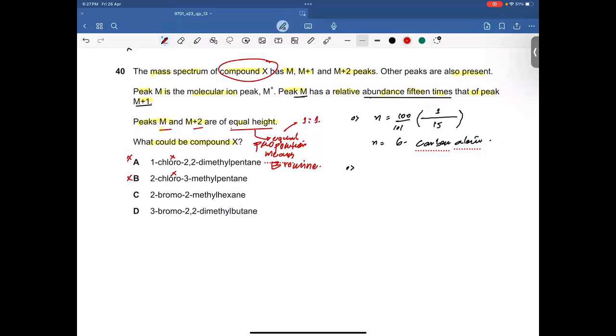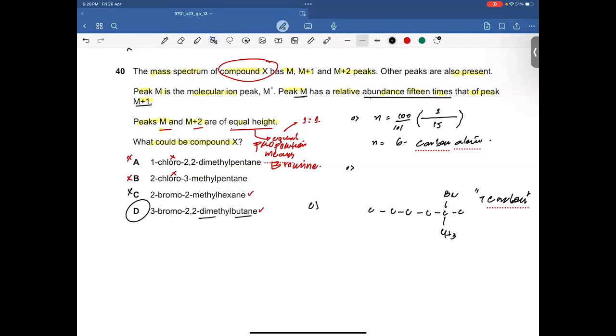Now competition exists between C and D. So what could be the right answer? We need to find out the total number of carbon atoms in both the structures. Let's talk about C first. Hexane 1, 2, 3, 4, 5, 6. 2 bromo, 2 methyl. This is 2 bromo. This is 2 methyl. Let's count the number of carbon atoms now in this. 1, 2, 3, 4, 5, 6, 7 carbon atoms. So this has 7 carbon, whereas we had 6 carbon atoms. So obviously C is also incorrect, and obviously D is going to be the right answer because